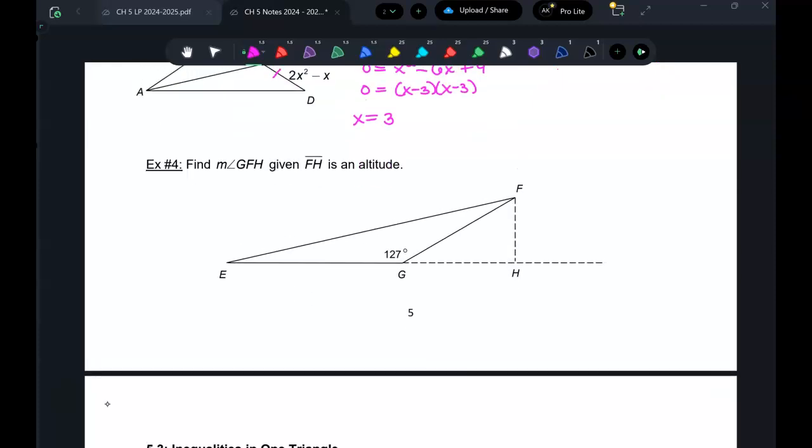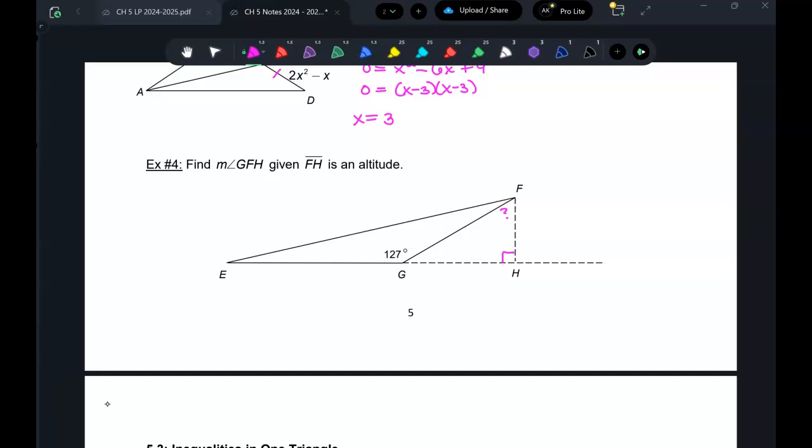Okay, last one. We want to find GFH. GFH is up here at the top. 2x squared. If FH is an altitude, this is smart. So if this is an altitude, that's a right angle. And the right angle and the other one have to be